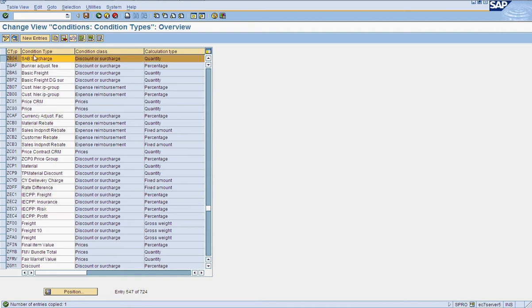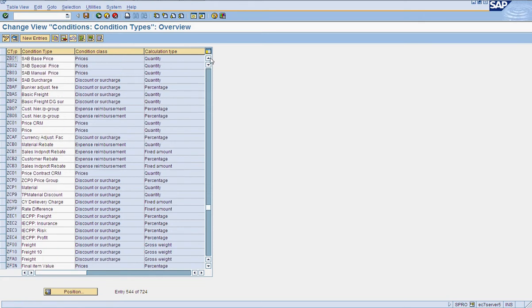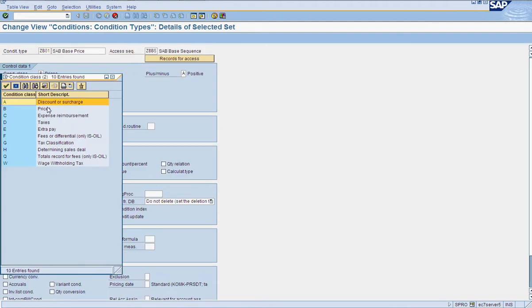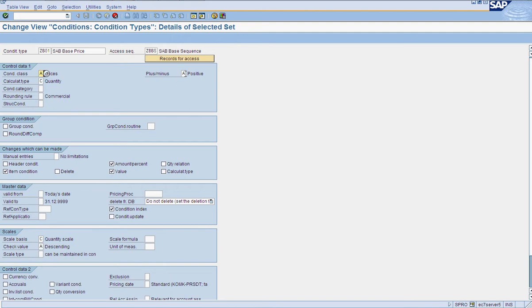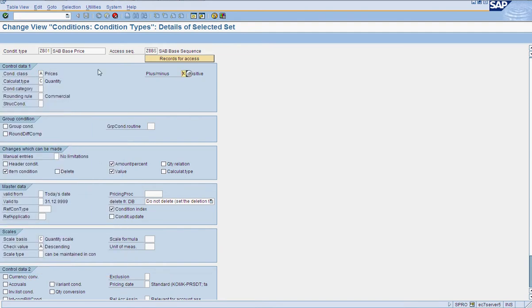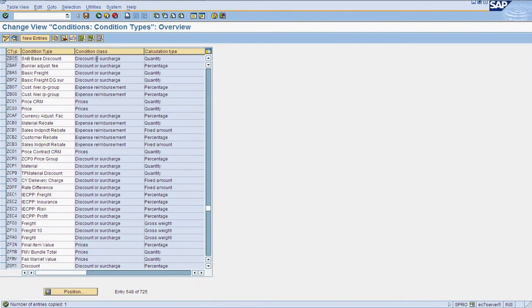Now let's create our other discounts and all the stuff. So we'll be copying that, just changing the condition class to A, that is discounts and surcharge, and negative sign minus, and I need to change the discount.